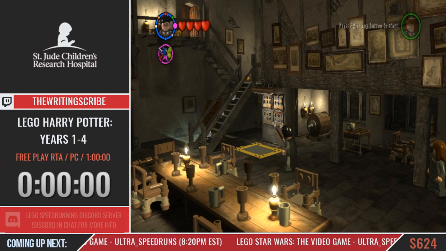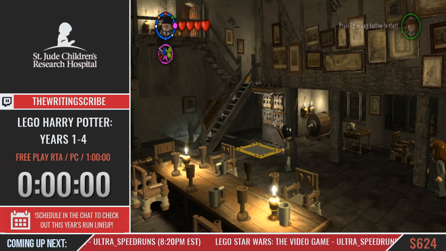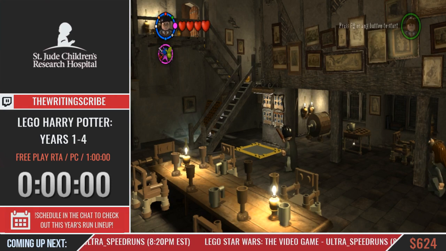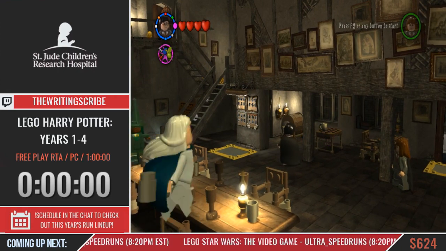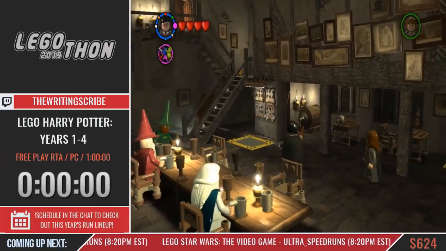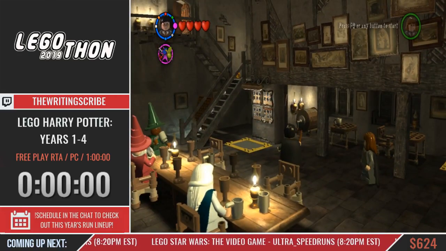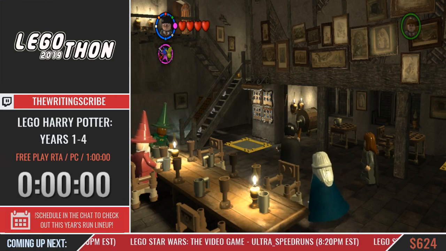Only difference is, we've shaved off well over 15 minutes since the last time this game was run. We've incorporated a numerous amount of tricks, glitches, and the addition of 1-player 2-controller strats, which you'll see starting in probably 1-2, and thanks to the donations that have been met, after the free play run, we'll be running